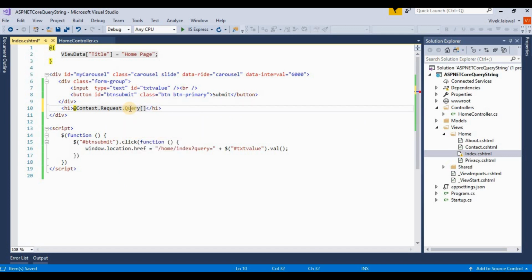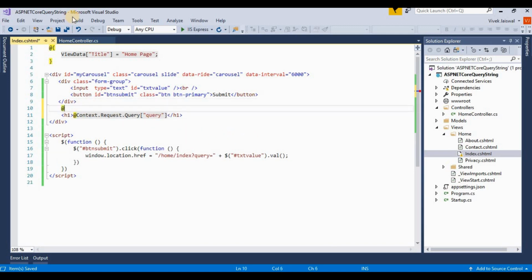In ASP.NET MVC or ASP.NET Forms, we wrote directly Request.QueryString and then the ID, but here we can write like this, Context.Request.Query, and here we print this query.